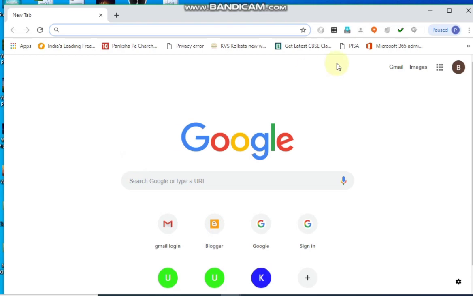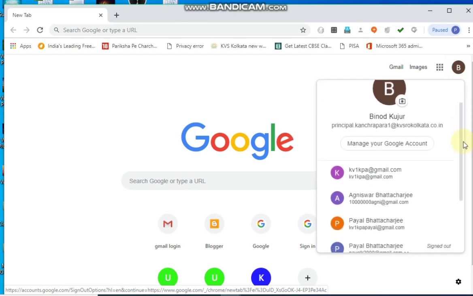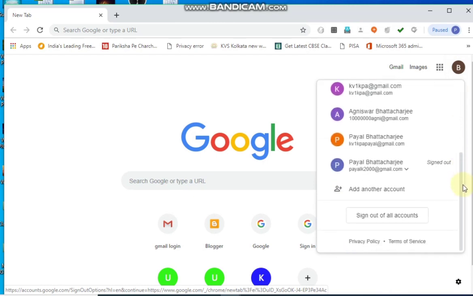So once the Google Chrome gets opened, now see at the right hand side top corner, you can see the mail accounts which you have. Now you have to log in using your organizational G Suite account which you have got from your administrator.